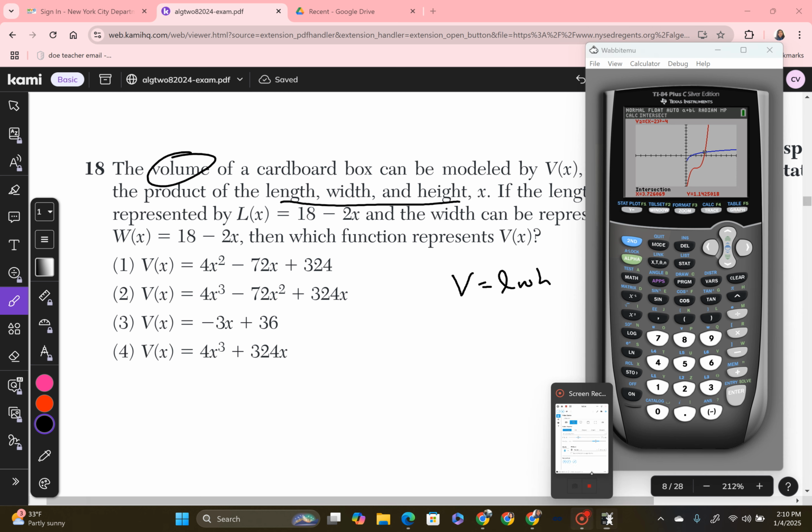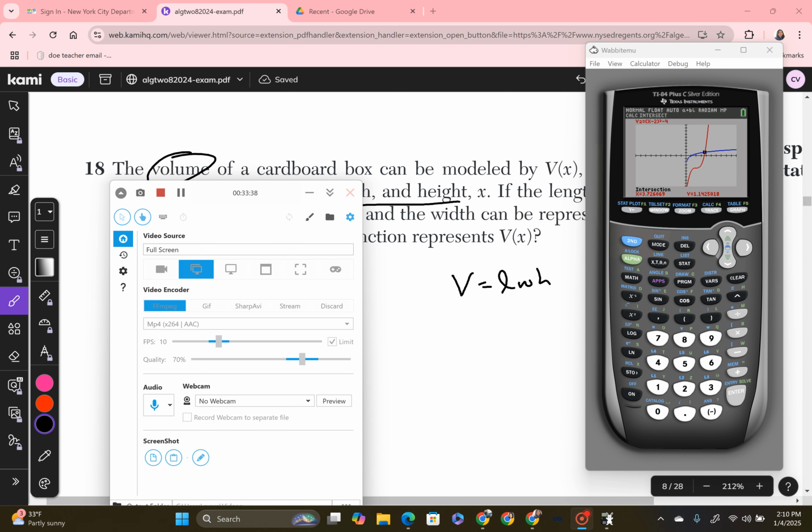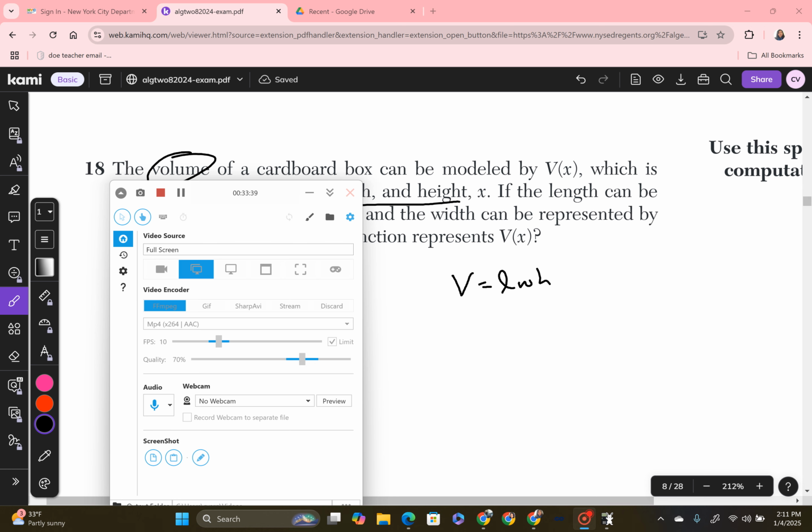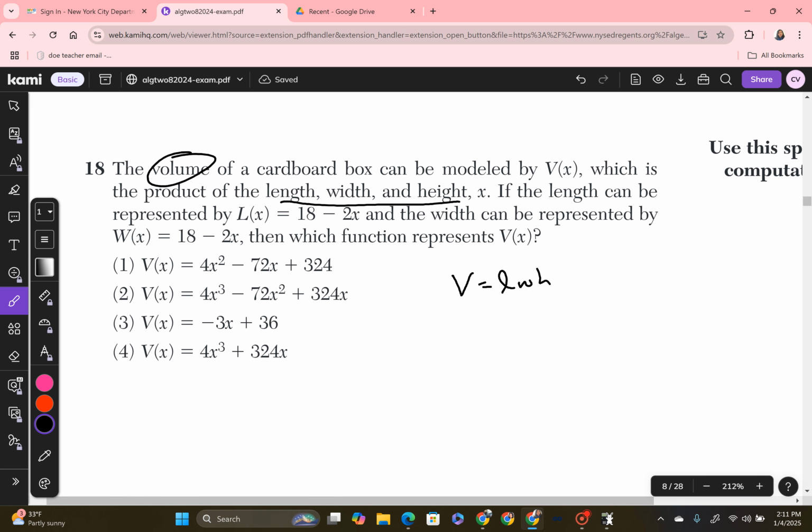Unfortunately, this is not given to you on your formula booklet. Technically, you could do this on the calculator once you get this next thing over here. So anyway, length times width times height. Our length is given. It's 18 minus 2x. Our width is the same thing, 18 minus 2x, and they tell us that the height